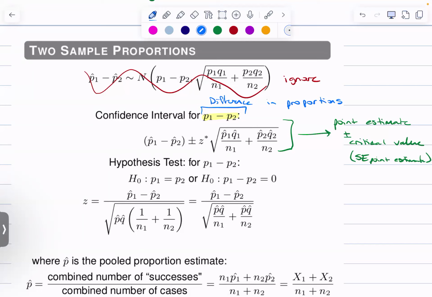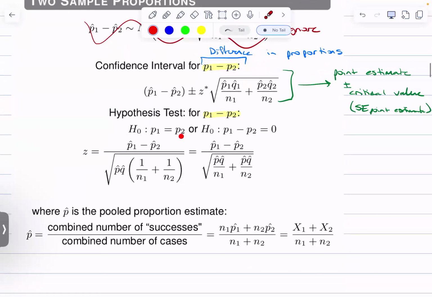And then we'll move into hypothesis testing. Again, we're going to do hypothesis testing about the difference in the proportions, P1 minus P2, right? How do these two things compare? And for your null hypothesis, I've given you 2 options, right? And that's because I find that this first one is more intuitive, but technically the second one is kind of